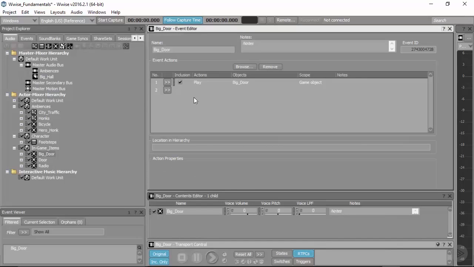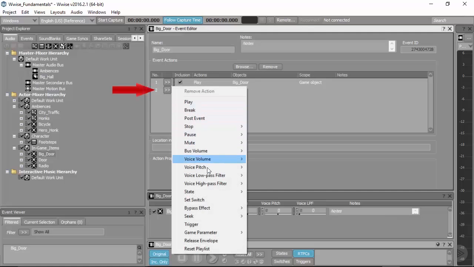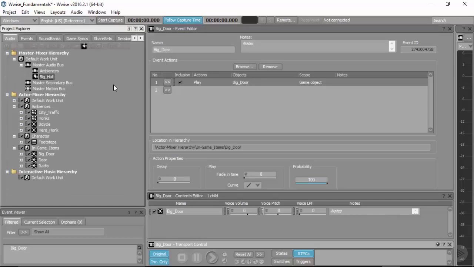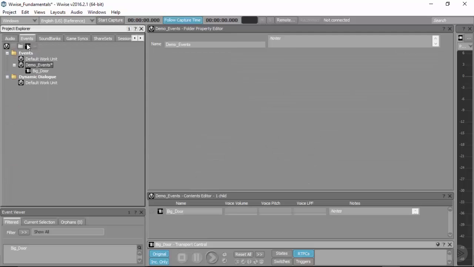But events are not limited to just triggering audio. There's actually a lot of different things that events can do, which you can start exploring just by opening this drop-down menu. You can see that there's a lot of different things that you can trigger using an event. So let's say that in this game that we're designing for, the player can manually change the radio station by dialing a physical dial in the game, or they can use a keyboard shortcut just to change stations. So for that, we're going to want to create a new event, and let's call it